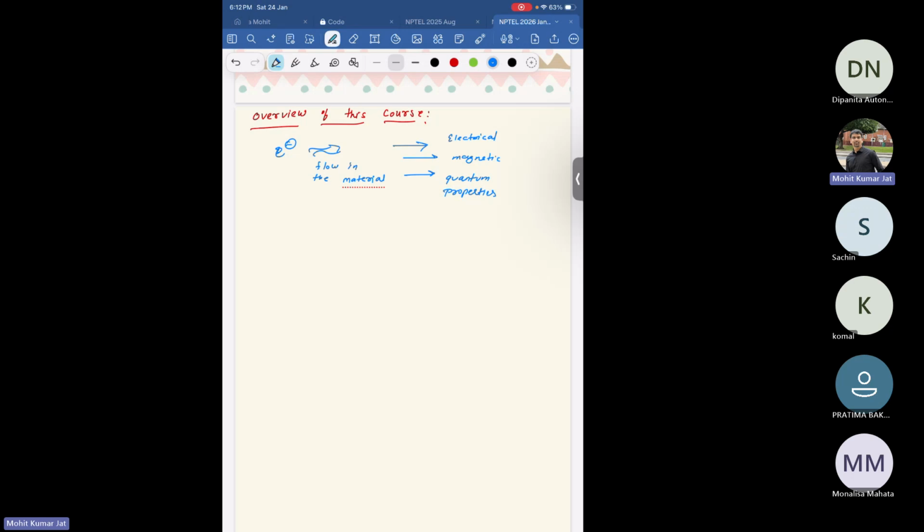So we'll begin very simply with the model starting from a two atom solid, and then we'll be gradually building upon them, like the tight binding model, all those things. So they are essential to explain why few materials are metal, few of them are insulator, and some of them are semiconductor. So we'll be addressing why some materials are metal, insulator, or semiconductor,